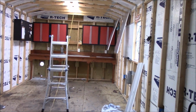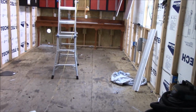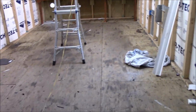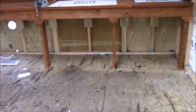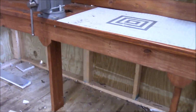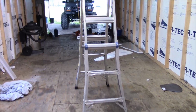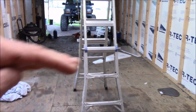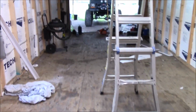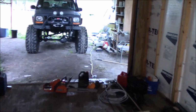This thing looks so narrow on camera. This building does. Always does. But it's not as small as it looks. When David came down for the first time to visit me, when we did the Grand Cherokee, he said this thing looks way bigger than what it looks on camera. It's weird how cameras do that. Even when we're trail riding, hills and stuff, they don't look like they really are. Anyway,